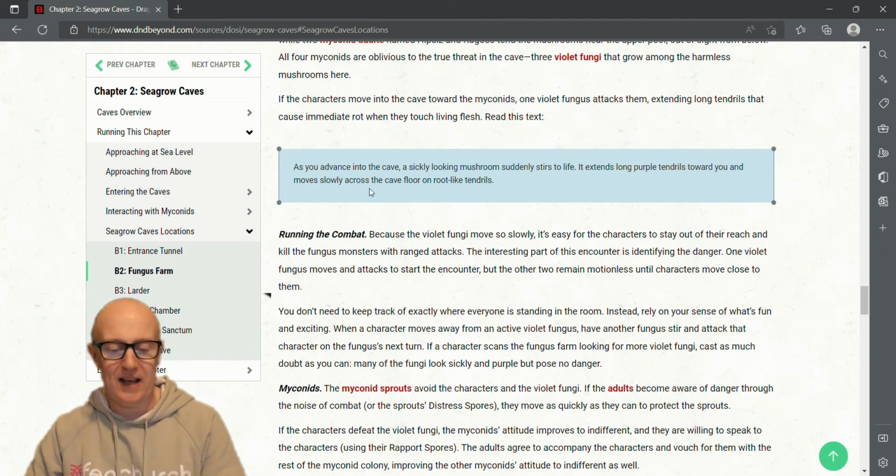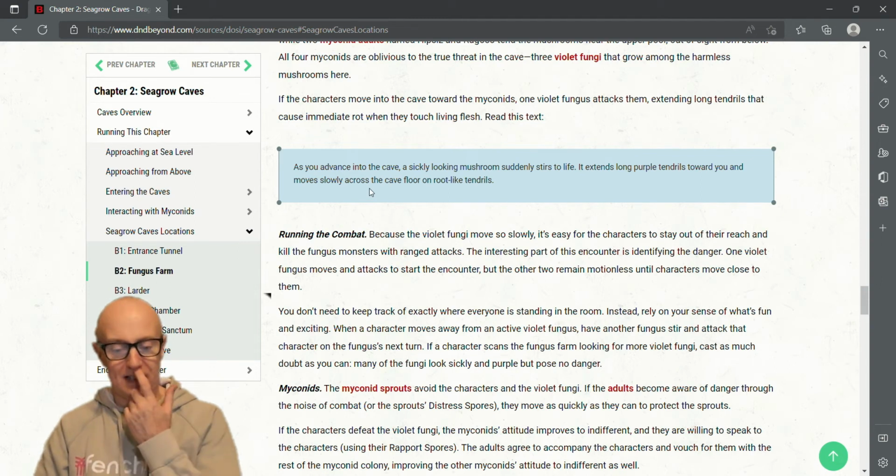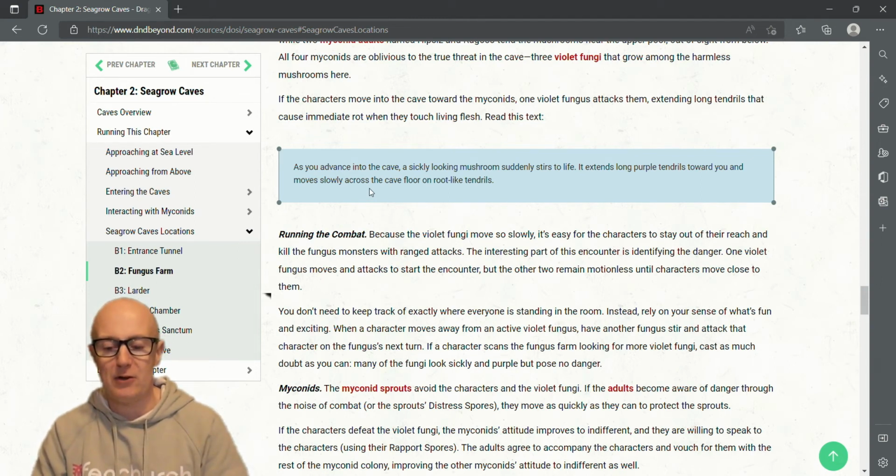As you advance into the cave, a sickly-looking mushroom suddenly stirs to life. It extends long purple tendrils towards you and moves slowly across the cave floor on root-like tendrils. Because they move so slowly, it's easy for the characters to stay out of reach and kill them with ranged